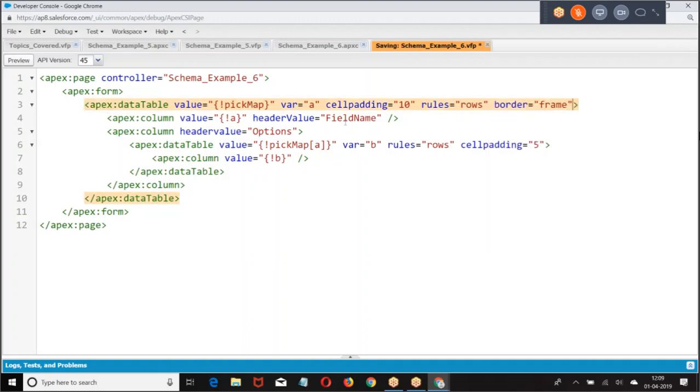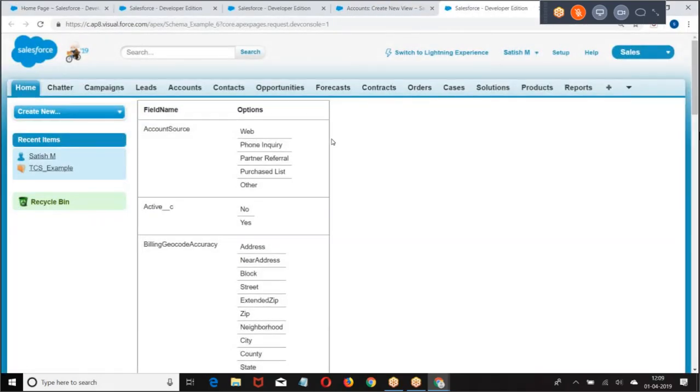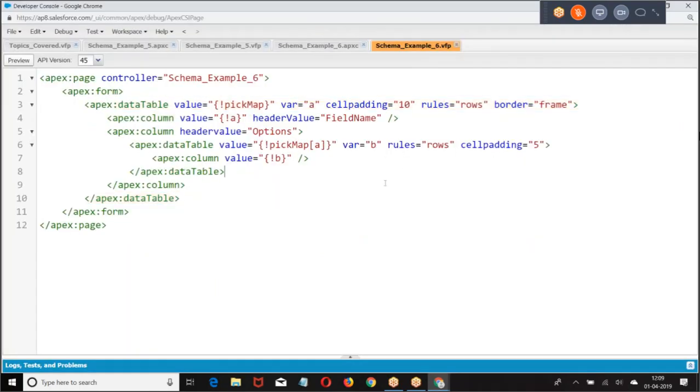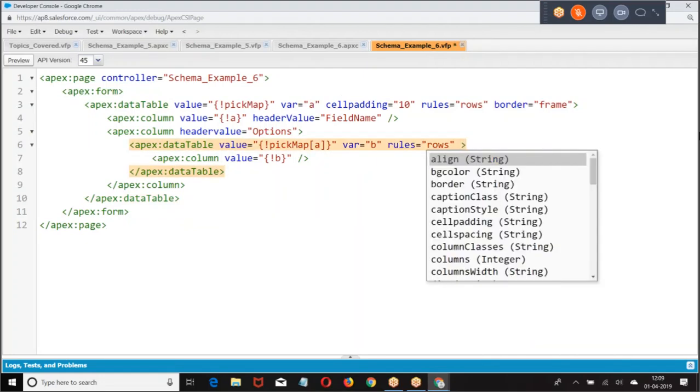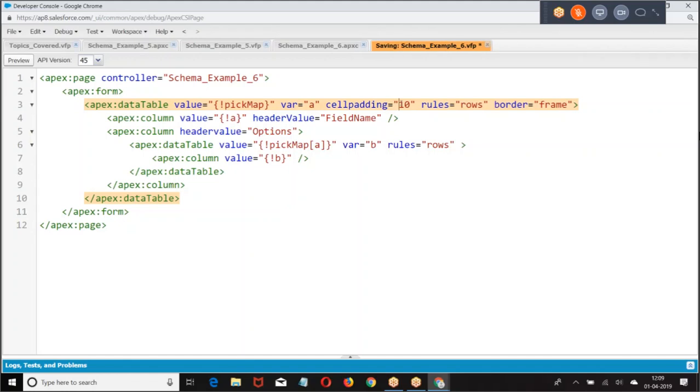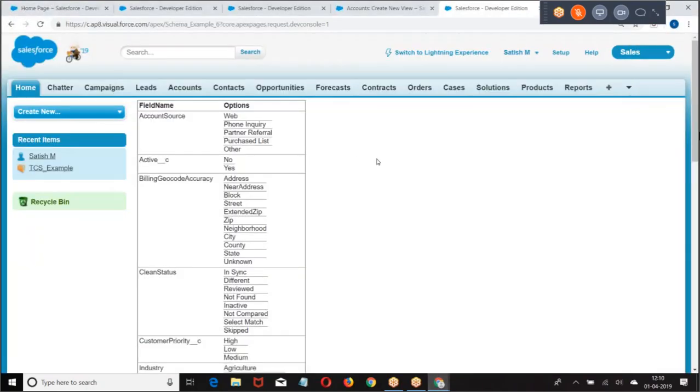First, try to understand this UI part. Now this is how we got it.